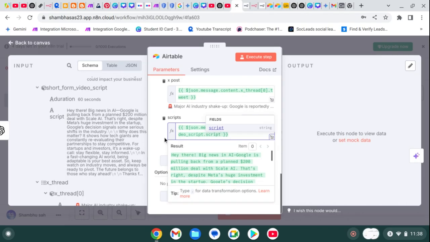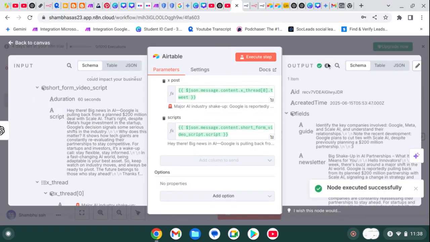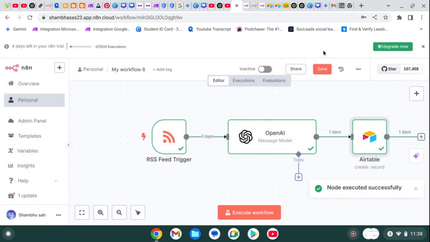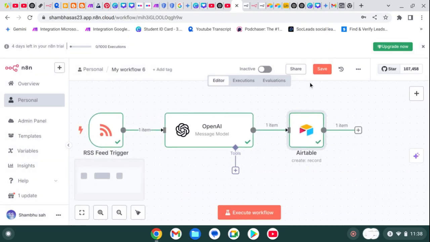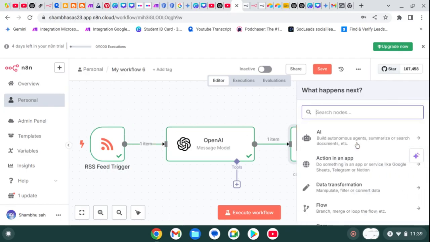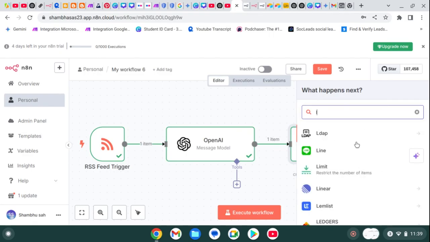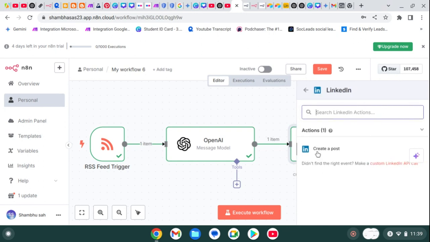So please write your prompt, and this works in a great way. Here you can see this works fine. Now for this we can also post in our social media. This can save content, so we post on LinkedIn. We simply connect LinkedIn. Here you can see we simply create a post and connect to LinkedIn,